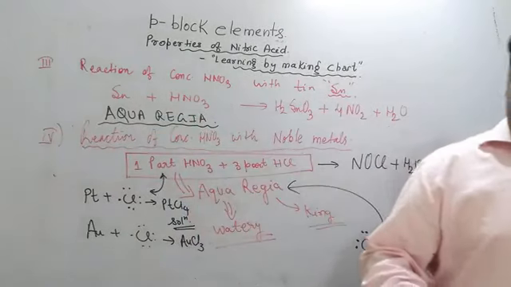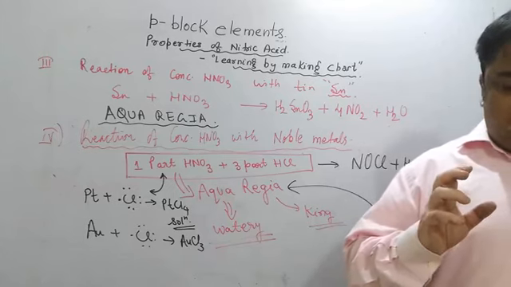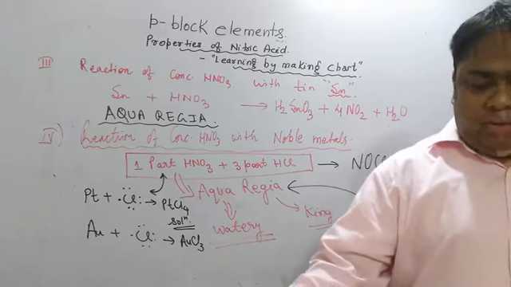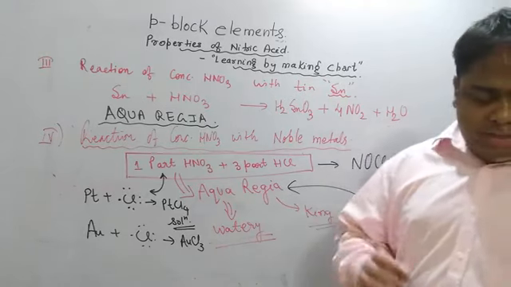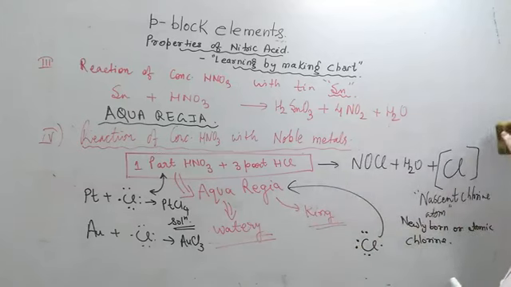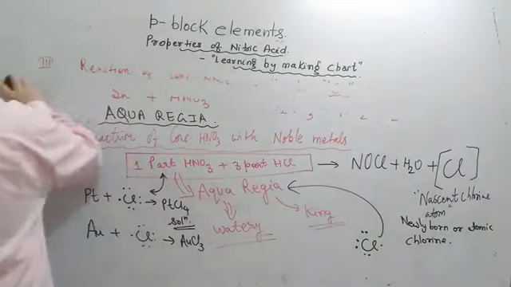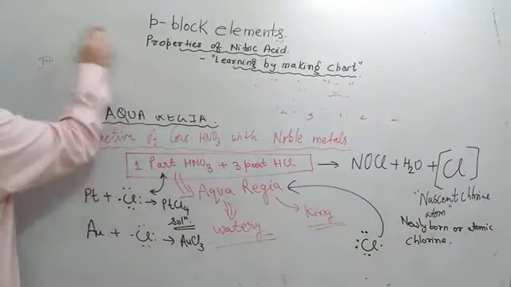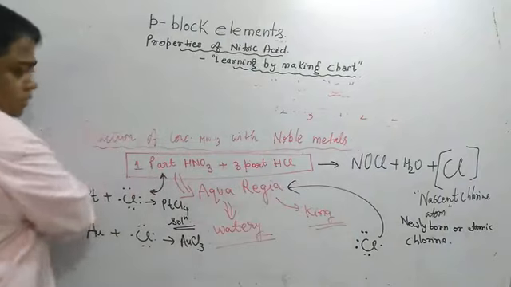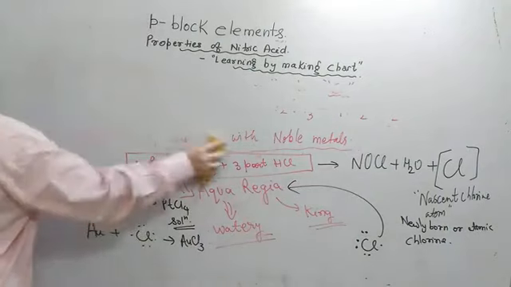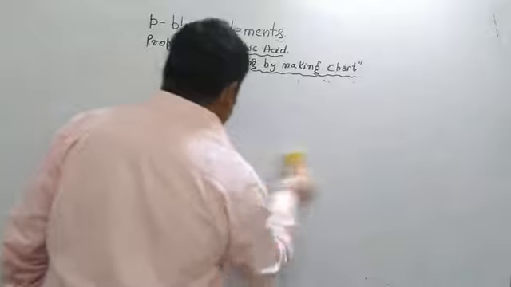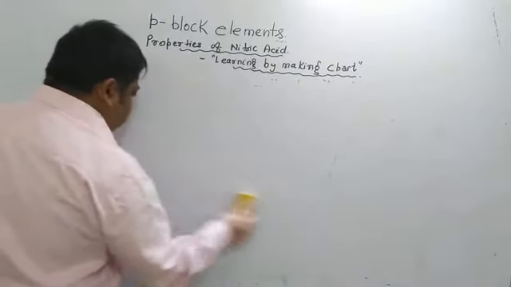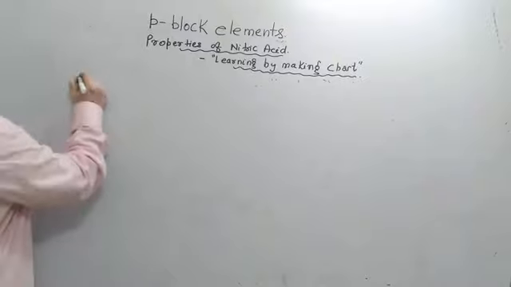Alright, so two more properties are there. Not charring property, it will be the oxidizing property of nitric acid on nonmetals. How nonmetals are oxidized with the help of nitric acid, like oxidation of H2S and oxidation of sucrose. We will see what happens. This was the fourth point. Then the fifth point we will see.